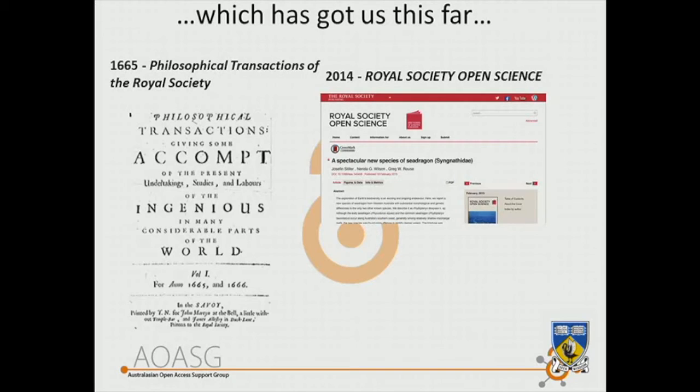However, the Royal Society is also interesting because they're a publisher themselves. And for quite a long time, they were quite cautious, I would say, about open access in a way that was quite interesting. And then in 2014, they launched a very nice open access journal, which is this one. It's called the Royal Society Open Science. So it only took them 349 years to join the revolution, but never mind, they got there in the end.